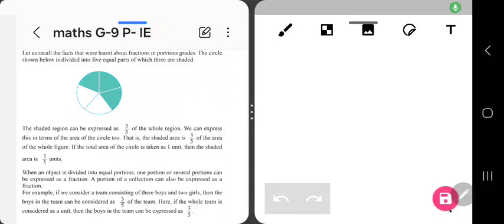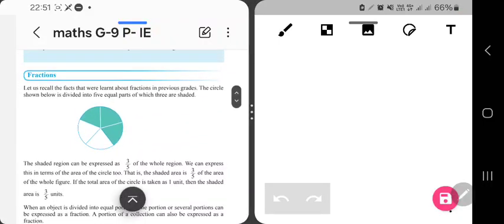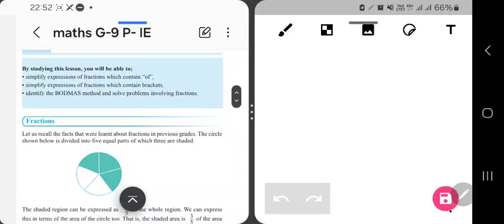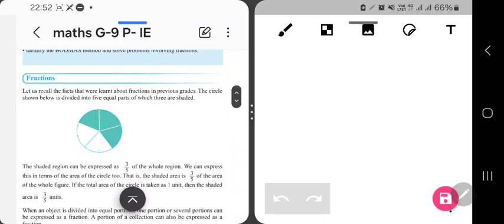So, in this chapter, which is chapter 3 of the grade 9 mathematics syllabus, fractions, we're going to look at that today. Fractions are pretty easy, to be honest, but let's get started. So look at this circle that you see on the left side, and it has been divided into